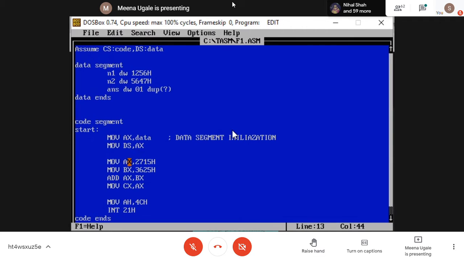Then I will load the data of my program. I am having two variables. The first variable I want to load in the AX register. I'm writing move AX, N1. I'm writing move BX, N2.